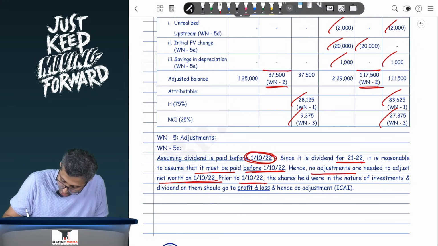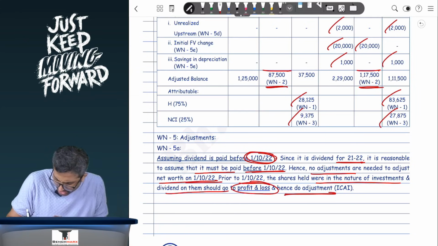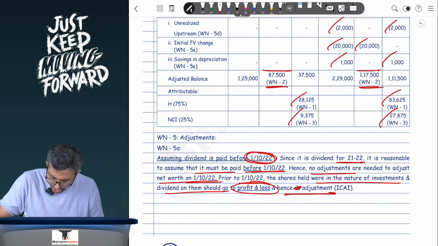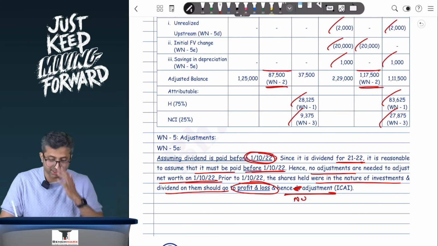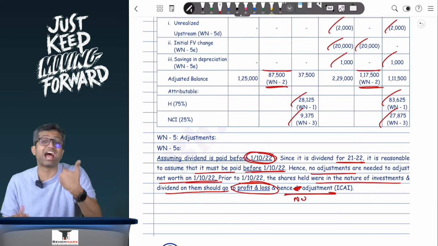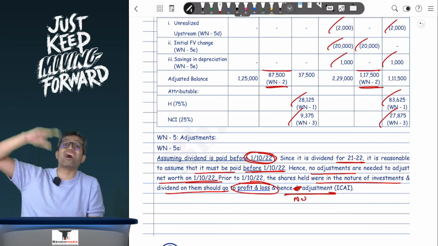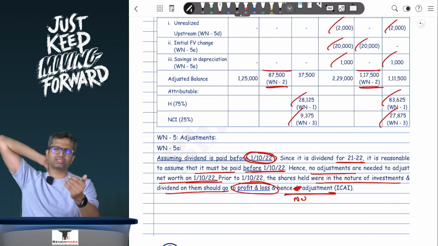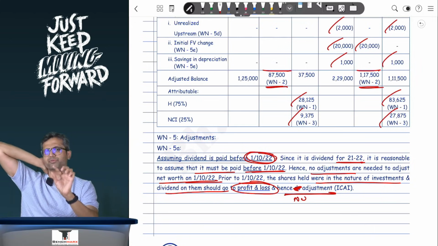Prior to 1st October, the shares were held in the nature of investment and dividend on them should have gone to the profit and loss. Hence, no adjustment. No adjustment. This is exactly what ICAI has done. Though we have given alternative solution, had the question told you that the dividend was after 1st October, then this would have been dividend out of pre-acquisition profits, in which case you will have to pass an adjusting entry separately of